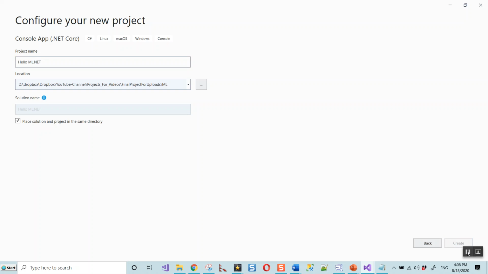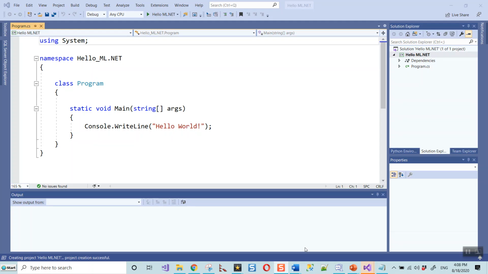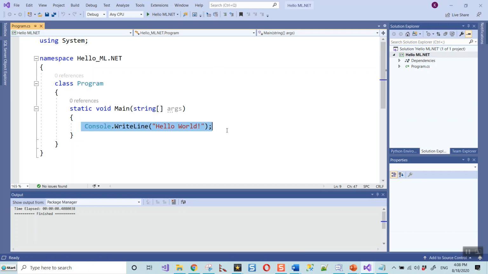It will take a wee while to create this project, as you are aware. This project is created with the static void Main and Console.WriteLine. I will get rid of this part, and then start coding one line at a time.